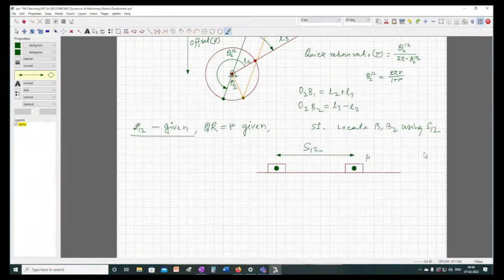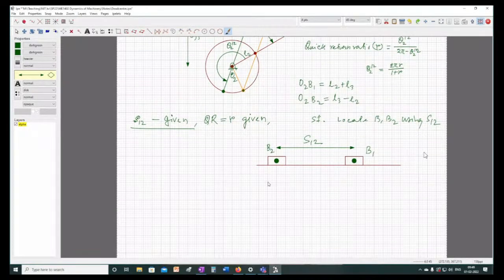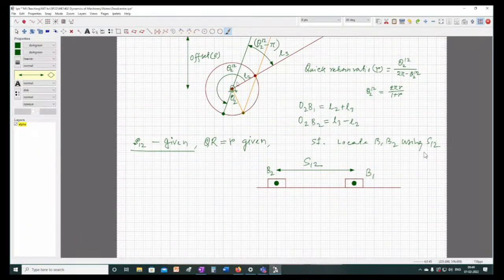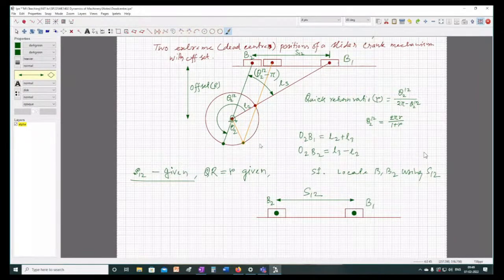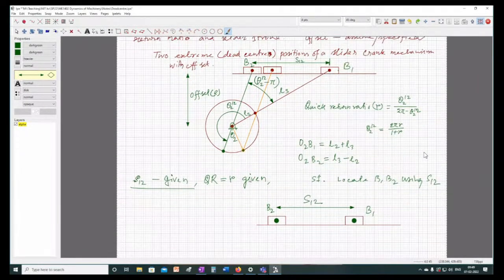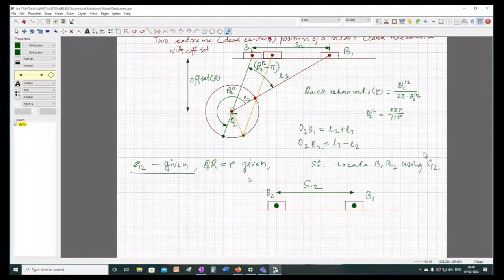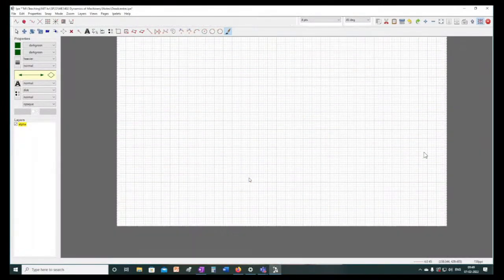We call this point B1 and this point B2. So our next task is to locate this point O2. Now, how to locate this point? To locate this point, we will use one theorem which I am writing here. The theorem is